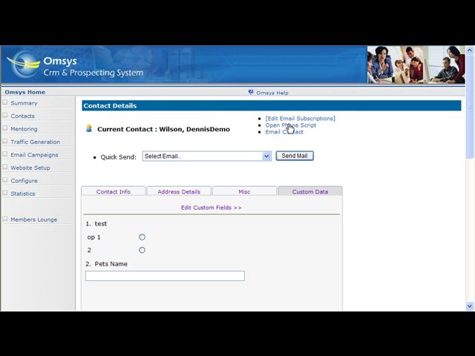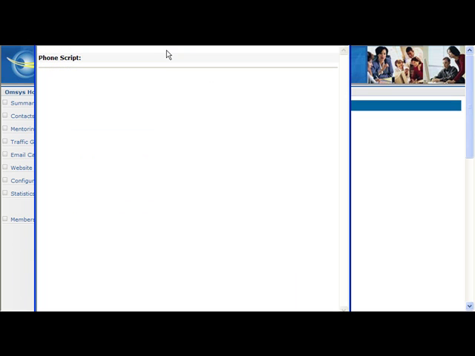One is the phone script. Phone script simply means that you can pre-populate the system with what you want to say to people. It's almost like a little web page builder where you can control all of the content, link one page to the next page, so you could literally follow through the process of, Dear John. You can use macros so that it automatically populates the right person's name in. Dear John, just phoning to see if you had a chance to look at that information I sent you by email. And then at the bottom you could have a link to the yes page and a link to the